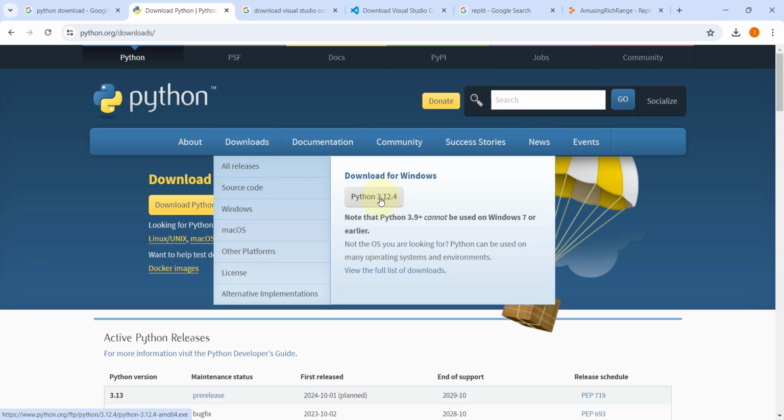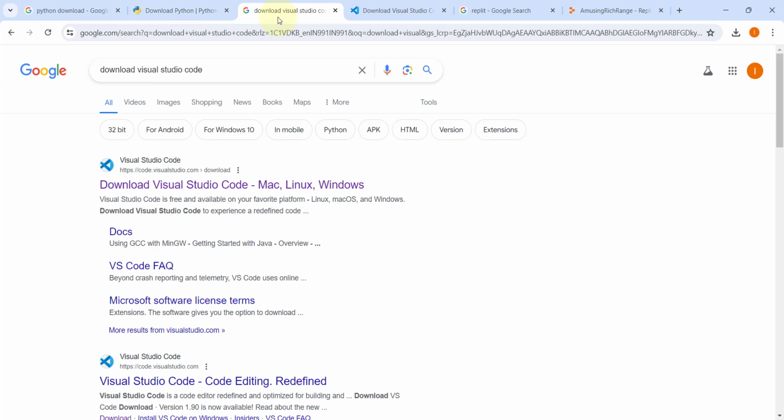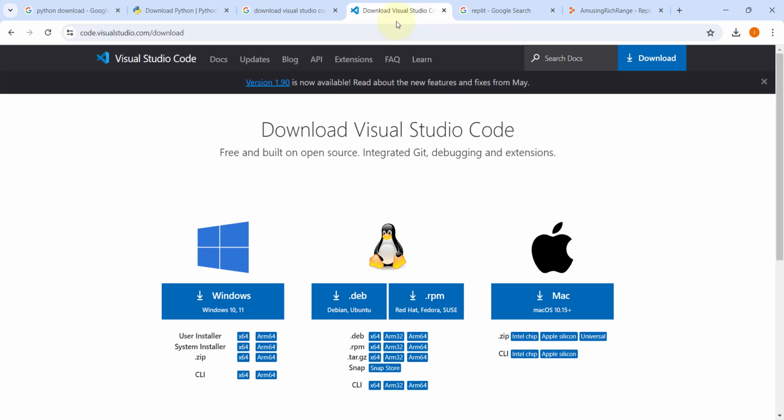So just download and install the python.exe file. The second step will be to install the IDE, the integrated development environment, that is Visual Studio Code, that we will use. So just search "download Visual Studio Code", and you will go to this page, code.visualstudio.com/download, and you will download the installer file as per your system, as per your OS,